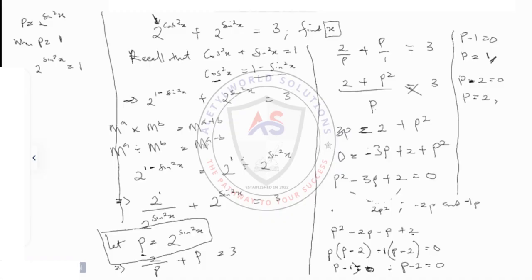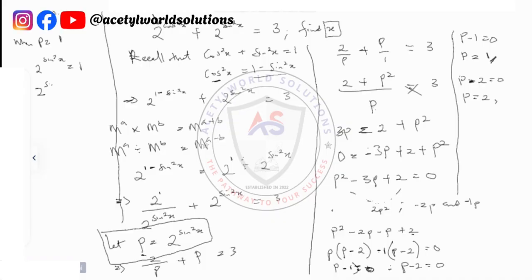We all know that 2 raised to power 0 will definitely give us 1. So we can write this and say 2 raised to power sine square x equals 2 raised to power 0. So when you equate this with this, you will have sine square x equals